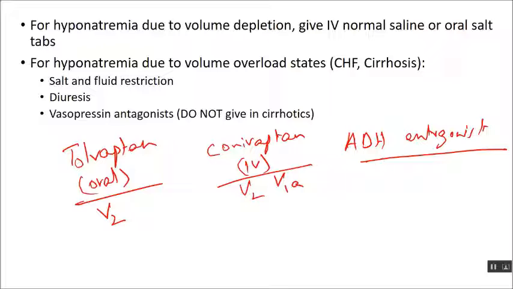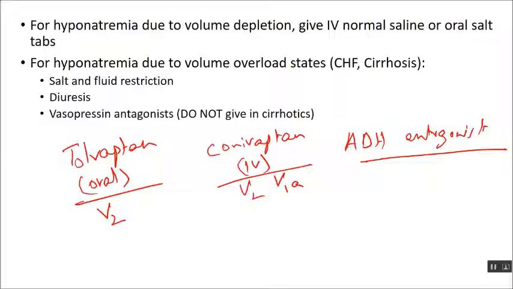You always get a nephrologist consult, and you can suggest to them if vasopressin antagonists are indicated in these patients. And of course, if there is a CHF specialist on the case, then they can also decide. It's good to know because it's in the guideline, and it's good to know that this is some additional thing you can use to treat the hyponatremia in these patients. And the board can of course ask you about this,